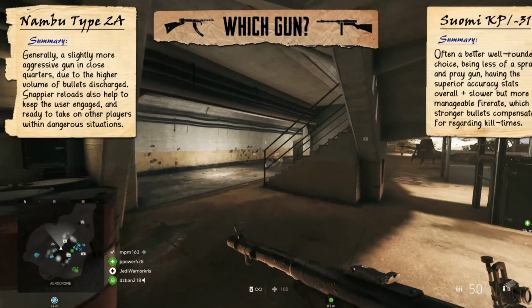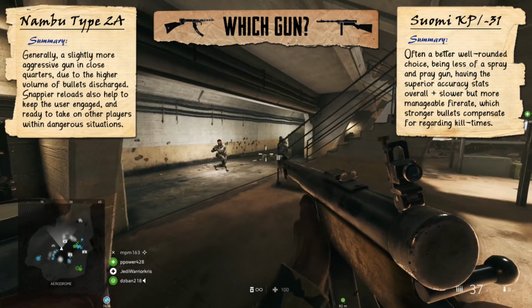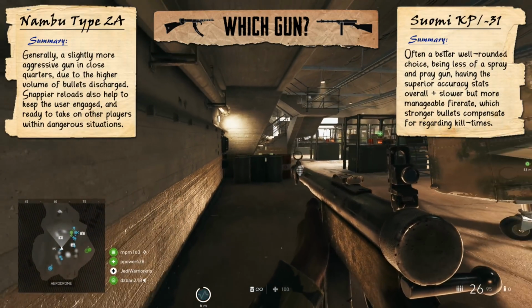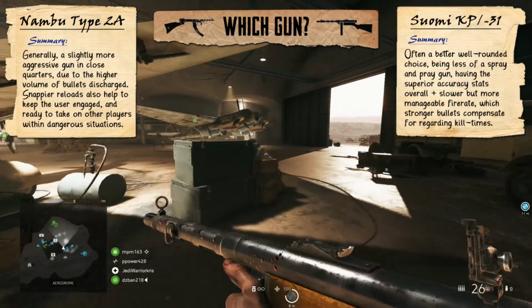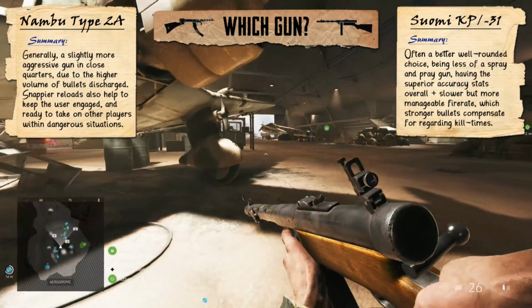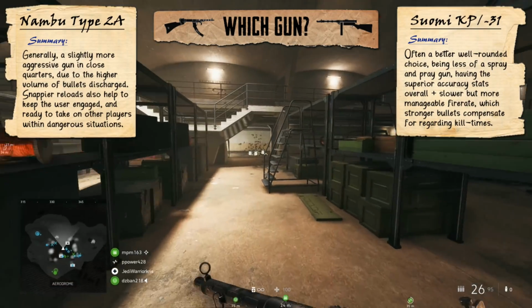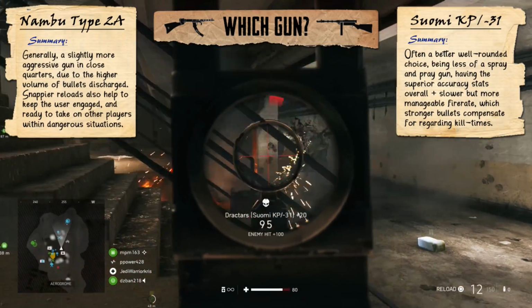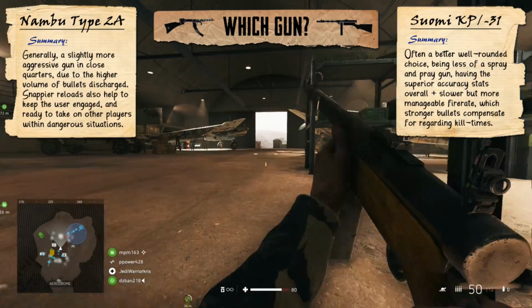So which gun should you choose? Both are capable of shredding enemies up in a matter of milliseconds if they're close by, and both are designed to be used by aggressive players who like to play the objective and rush enemy positions with offensive tactics. The NAMBU Type 2A and Suomi KP-31 are very similar weapons on the face of it, regarding their overall role in the game and within the medic class. Yet they still offer slight benefits in their own ways, sometimes making one feel a little bit more effective or dependable in a certain